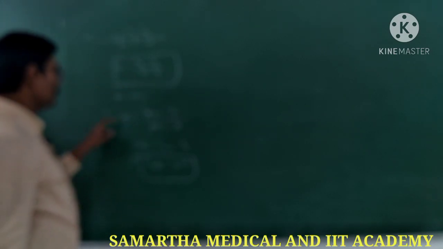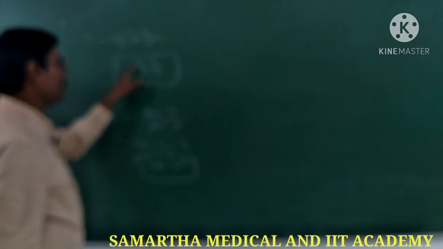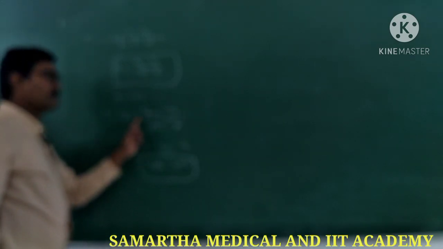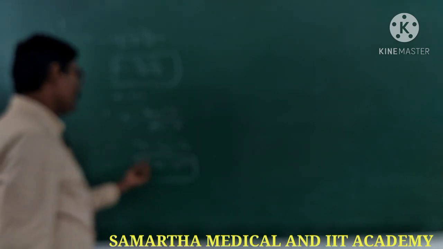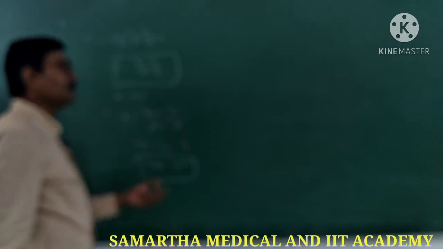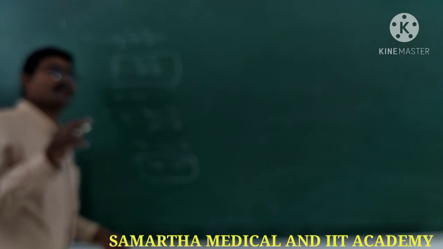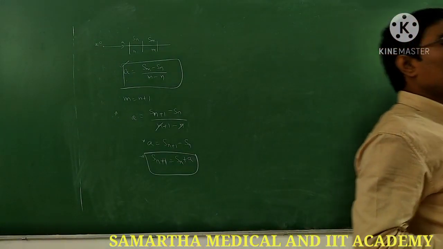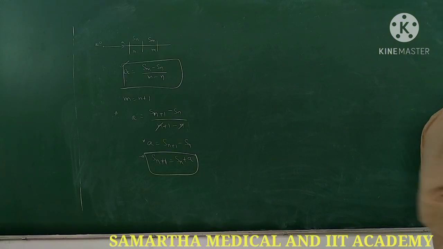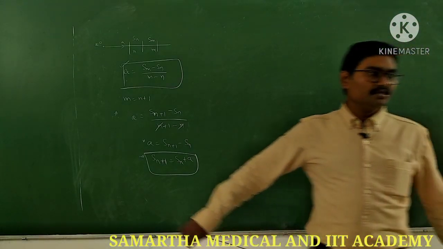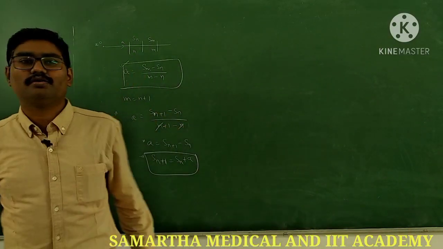That is what we are noticing. So A is equal to Sn plus 1 minus Sn by n plus 1 minus n. So n gets cancelled, you will get Sn plus 1 minus Sn is equal to A. So from this, Sn plus 1 equal to Sn plus A. If you know the distance covered in the nth second and the acceleration, then if you want to find the distance covered in the next second, you have to add the acceleration to it. Right? So that is the distance covered in the nth second.